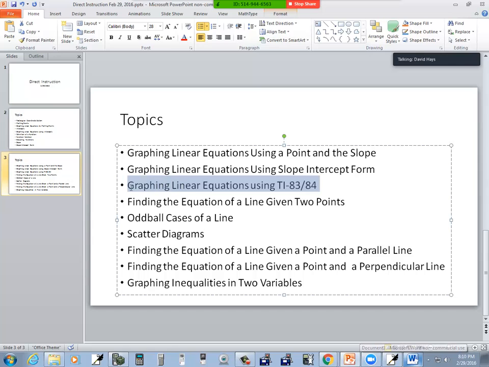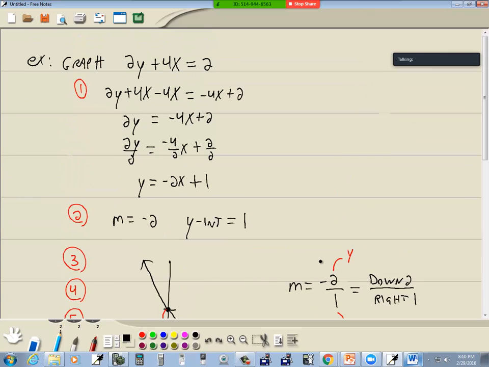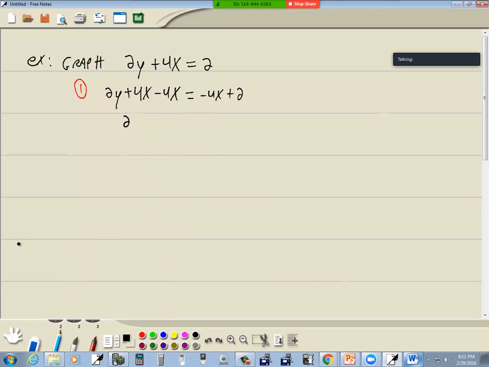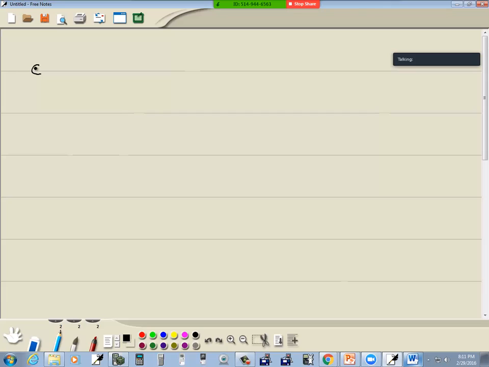Now let's take a look at graphing linear equations using the TI-83, TI-84. It's not required that you have a TI-83 or TI-84, but the book refers to it, so I'm going to show it. If we want to graph y is equal to 5x minus 2, the only time you can put anything into your graphing calculator is when you have y by itself. So to graph these,